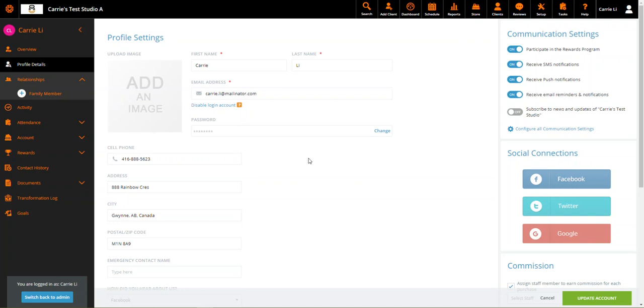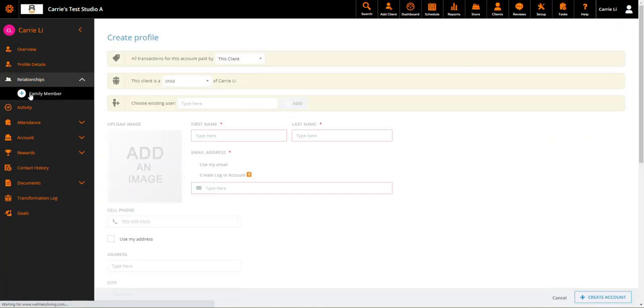For a staff member to manage or add relationships within the client profile on the left-hand side, expand the relationships tab, and then we can go plus family member. From here, we have a few things that we can set up, such as all transactions for this account is paid by. So we can either indicate that the client that we're going to be adding as a relationship will